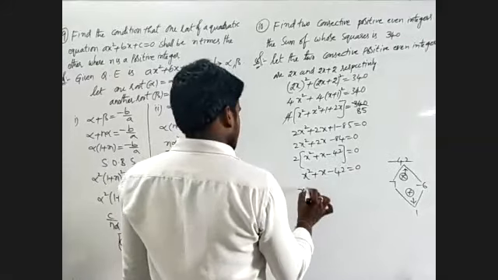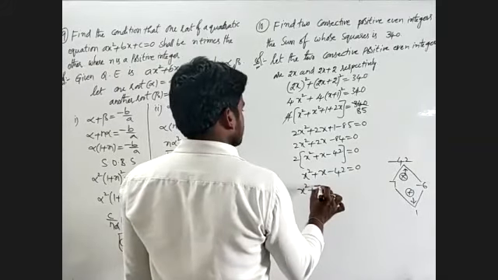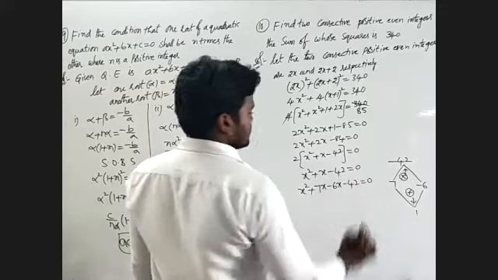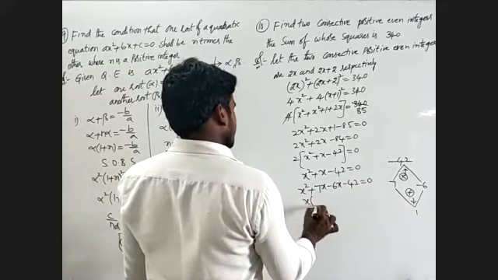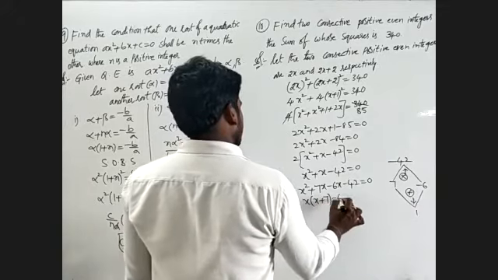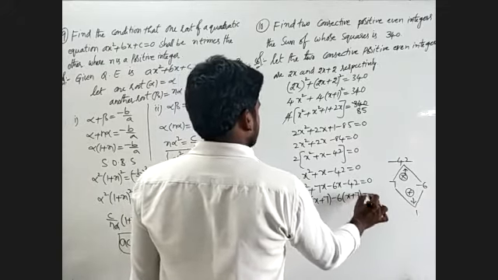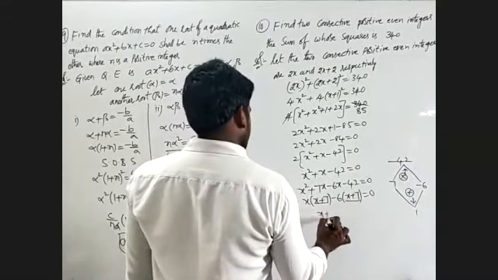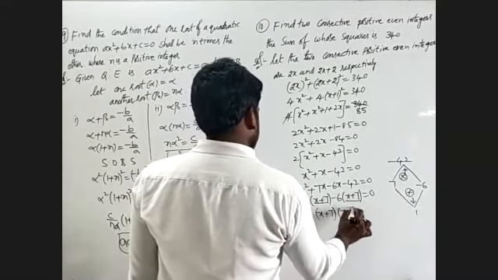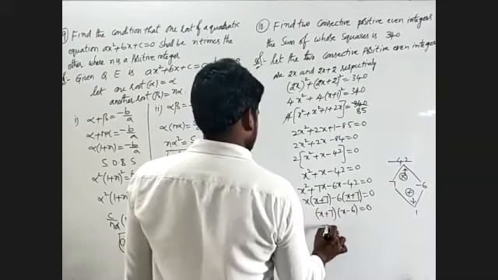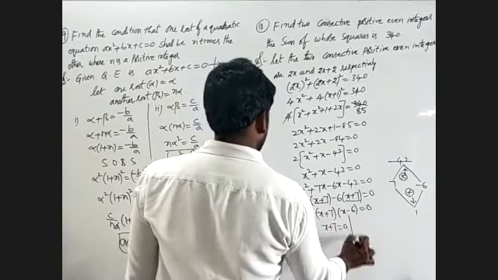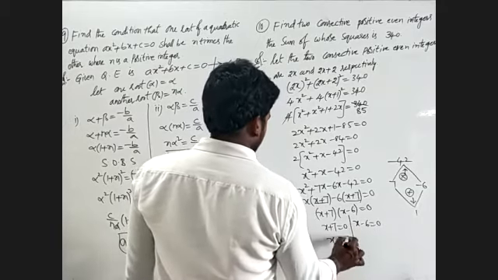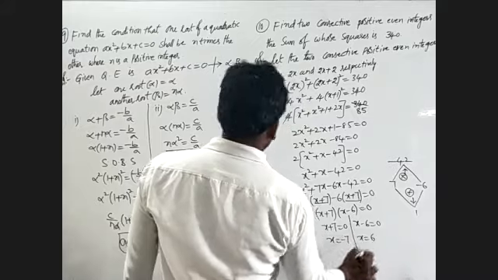Here I will write x square plus 7x minus 6x minus 42 is equal to 0. I will take x common, remaining x plus 7. After that minus 6 is common, remaining x plus 7. Here the common term is x plus 7, into remaining x minus 6, is equal to 0. So x plus 7 is equal to 0 or x minus 6 is equal to 0. That is, x is equal to minus 7 or x is equal to 6.